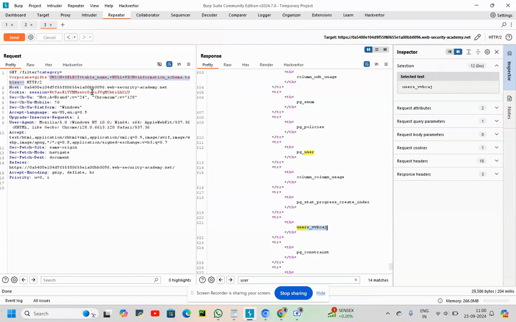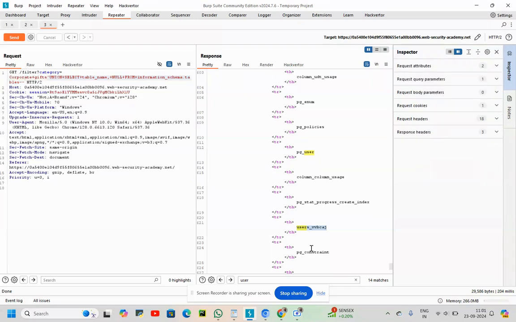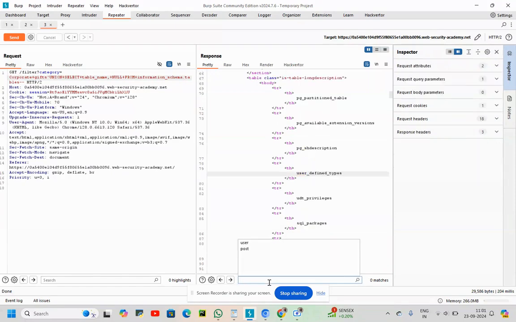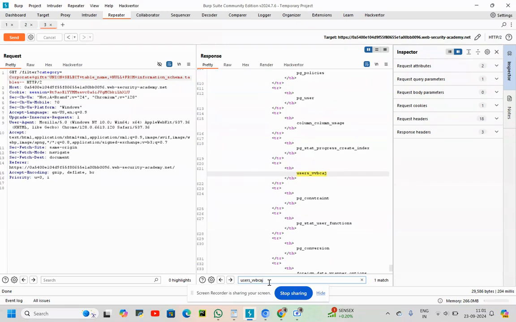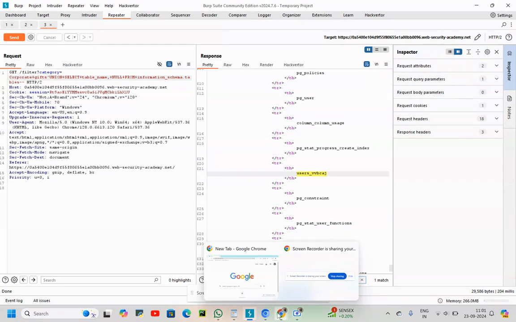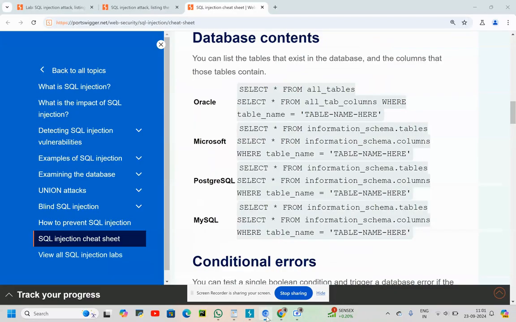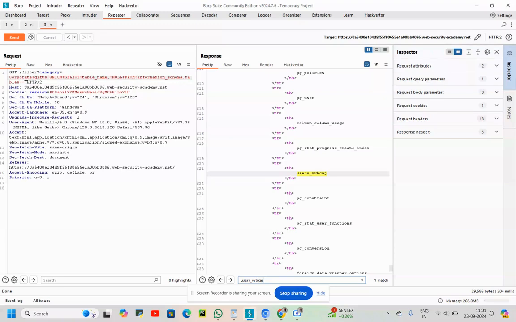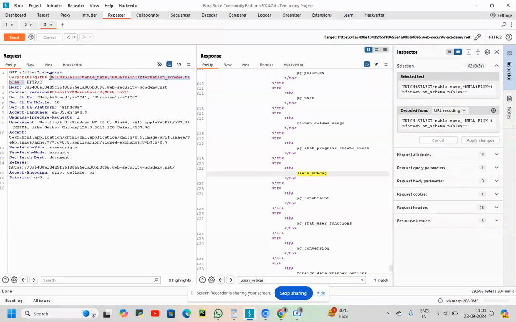Union select. What is that going to do? The column names of the table, right? I'll delete this entire thing. We need to copy this. Where should I copy this? I'll copy this and keep it here only. Yeah, paste it. It's not going to make much difference anyways. I'll delete this entire thing